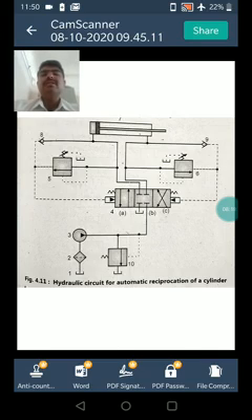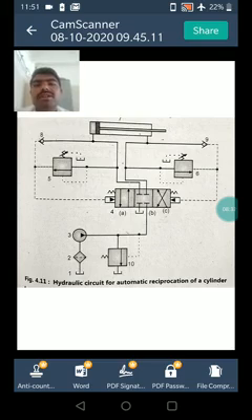The pressurized oil is supplied to the rod end side, hence the cylinder retracts fully, again with a buildup of pressure. The sequence valve 6 is opened and provides a pilot signal to the DCV valve 4 to change to a new position. Okay, see each check valve and its pilot line prevents shifting of the 4-way DCV valve until the particular stroke of the cylinder has been completed.